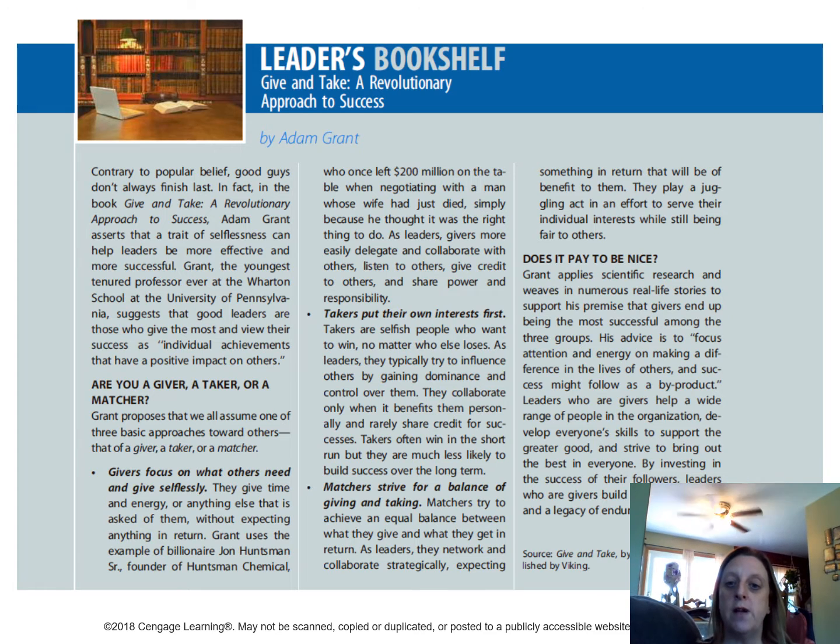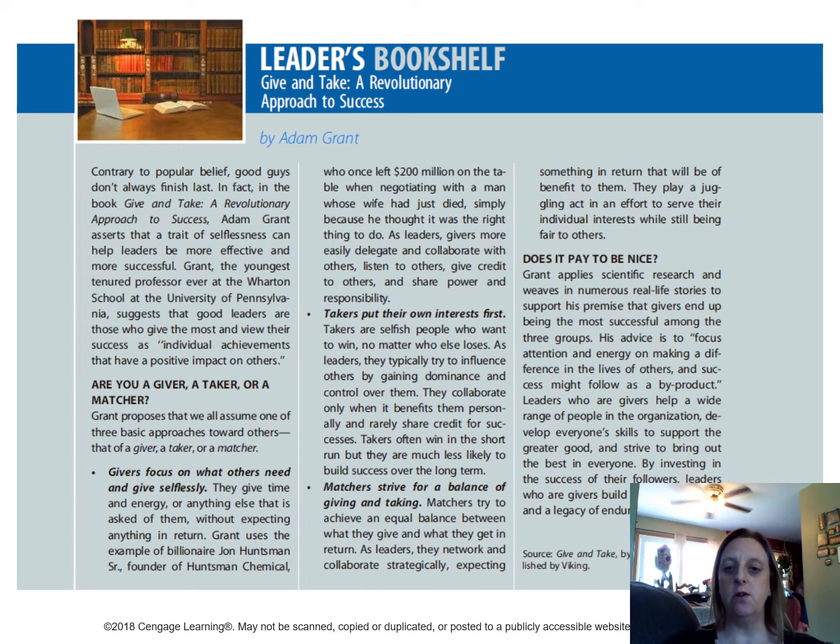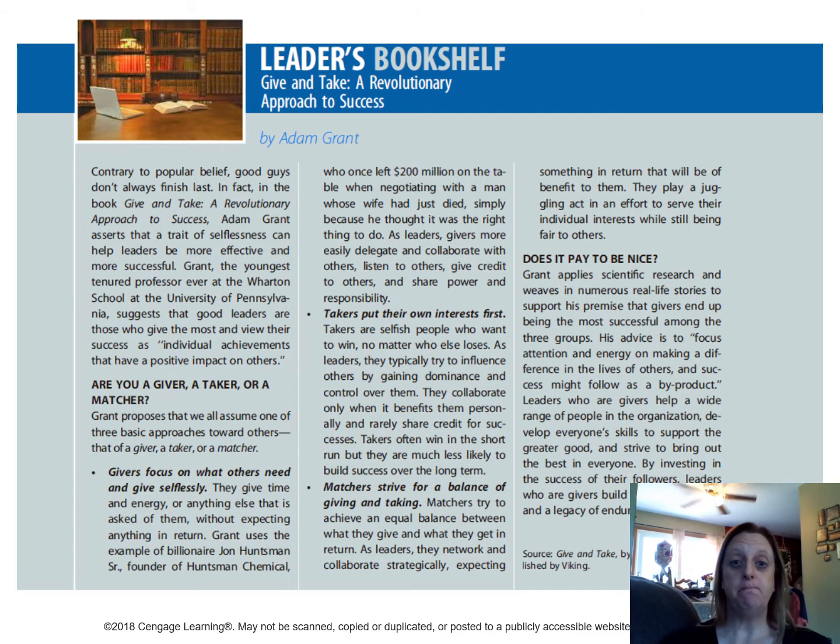So you can read through that and sort of see what you think you identify with the most, maybe for yourself, or how you have experienced other leaders in different jobs that you've had, or organizations or affiliations that you've been a part of, groups that you've been a part of, or whatever. And even for yourself, how do you identify, which do you think you more are? So have a look at this slide or read it in your book. I think it makes a lot of sense and really simplifies different types of leadership styles.